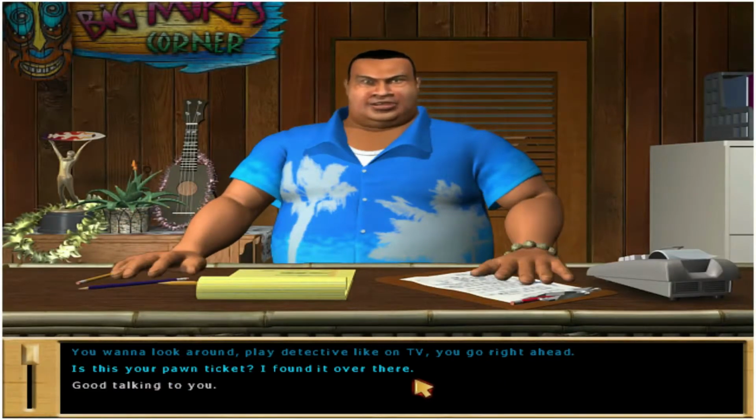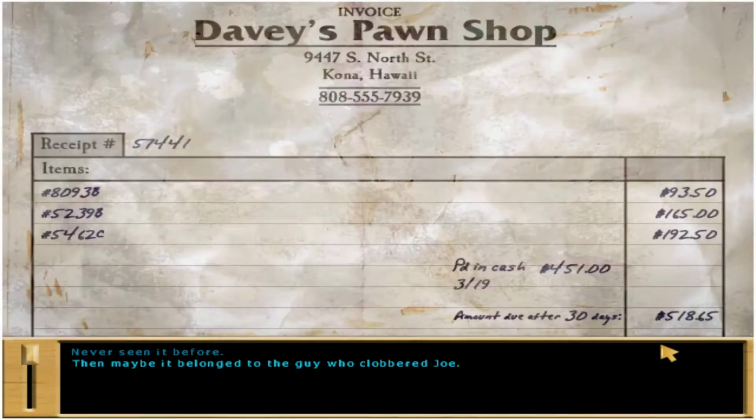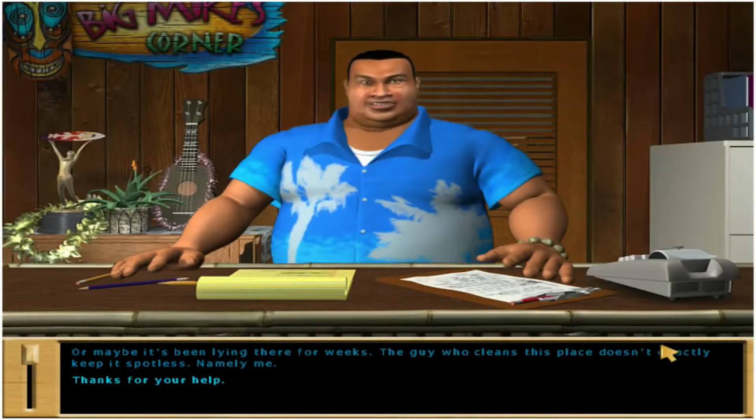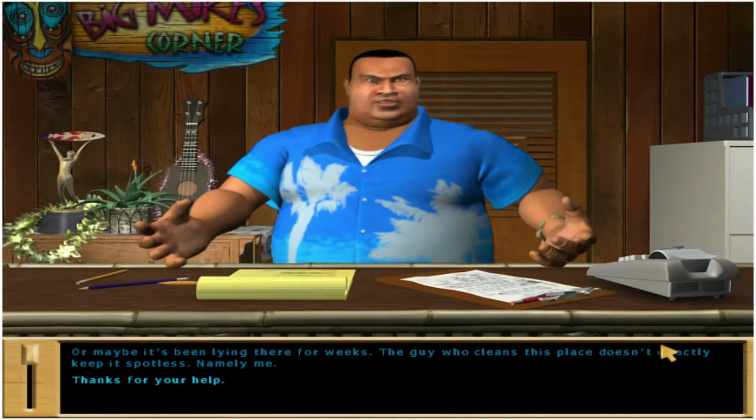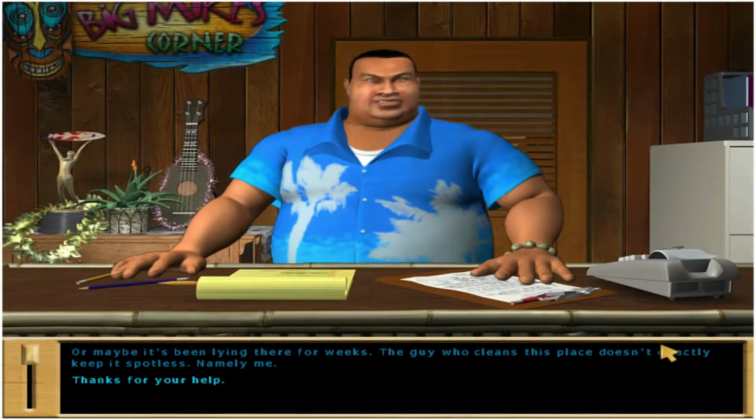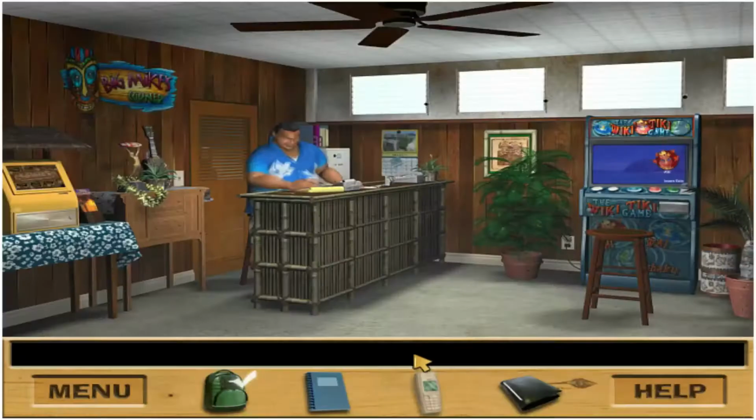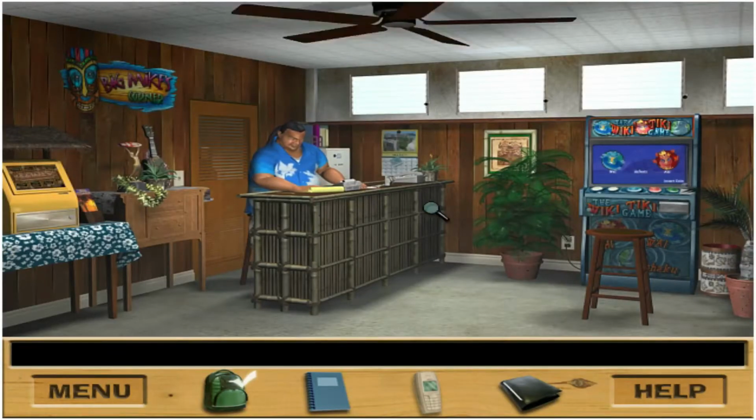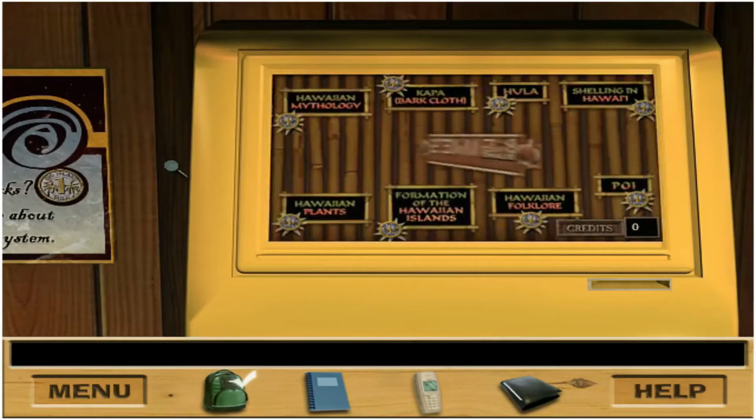You go right ahead. Speaking of playing detective, is this your pawn ticket? I found it over there. Never seen it before. Then maybe it belonged to the guy who clobbered Joe. Or maybe it's been lying there for weeks. The guy who cleans this place doesn't exactly keep it spotless. Namely, me. Thanks for your help. Catch you later. Okay, so he wasn't actually able to help us, but